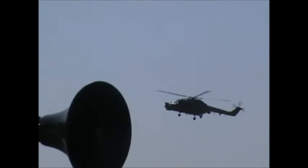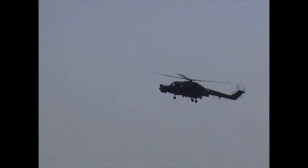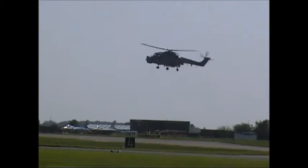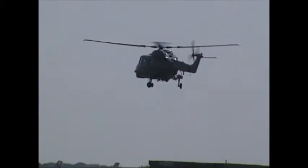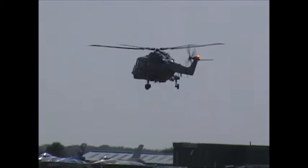In display terms, it's a very long flyline for a small aircraft, although this is quite heavy indeed for its mass length. But nonetheless, as you can see, there's 2 miles to cover. Then another one would just really add a bit of style and panache to this descent. Nonetheless, an admirable job done by the display crew from the 702 Naval Air Squadron of Lieutenant Simon Dixon and Lieutenant Rick Bell on the Westland Lynx HMA 8 SRU, another helicopter going off from the left-hand end, the Army